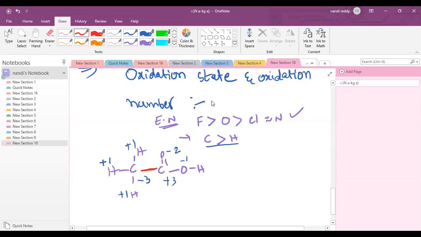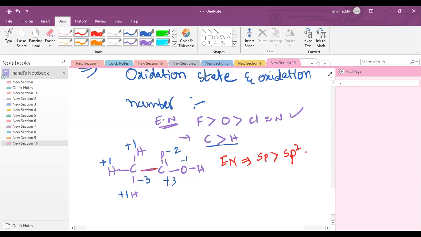Understood? So, electronegativity order: which is more electronegative is going to be attracting electrons. sp is more electronegative than sp2. These are hybridizations. What is hybridization? How do we combine these? All these things we'll discuss in chemical bonding. I will give you everything. Just check which is more electronegative. That's the only target.